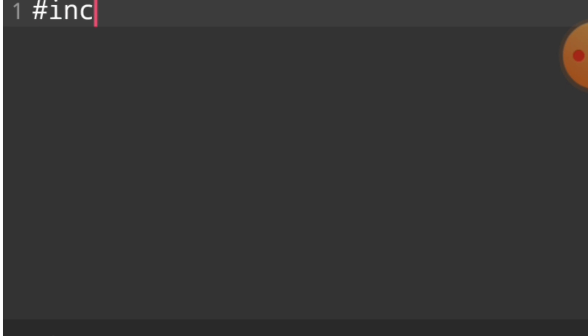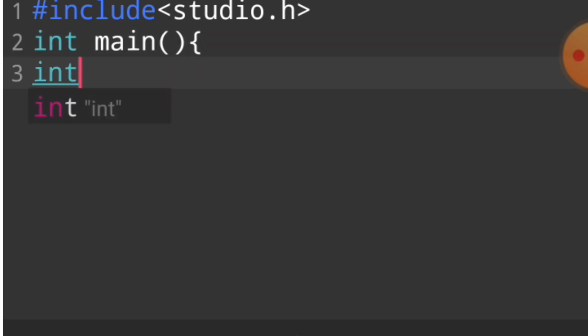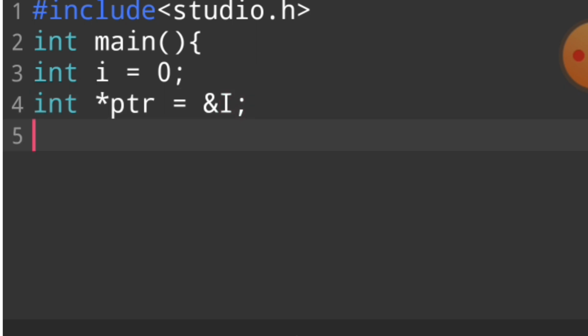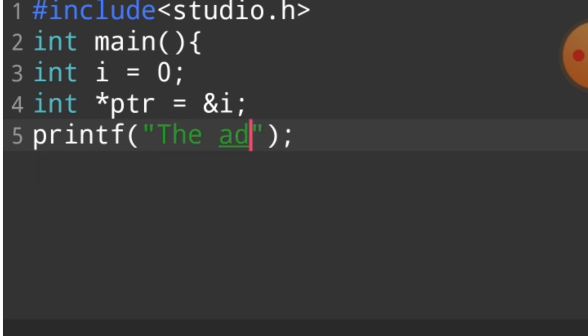First of all, we use hash include stdio.h. This library gives us some functions like printf and scanf, and then we say integer main for first execution, and then we say integer I is equal to 0. We say integer pointer ptr. In ptr the address of I is stored, and then we say address of I. If we want to printf, we say the address of I is